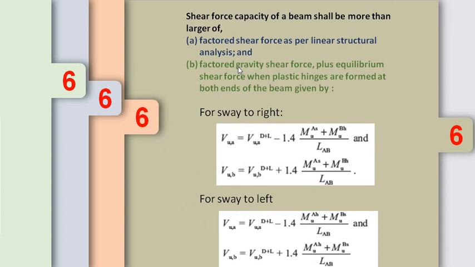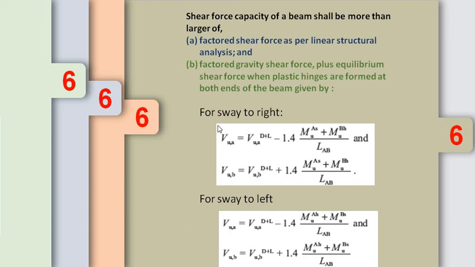Discussing the shear capacity of a beam, it shall be more than the larger of the following. The first one is factored shear force as per linear structure analysis, and the second one is factored gravity shear force plus equilibrium shear force when plastic hinges are formed at both ends of the beam, and it is given by these equations. For sway to right, it is that. For sway to left, it is these equations. Now here